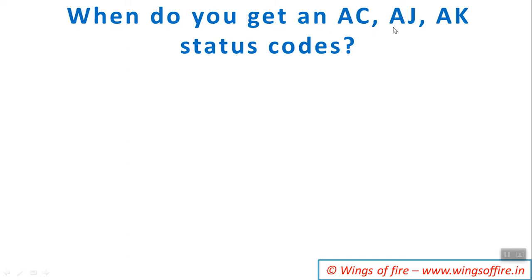When do you get an AC or AJ status code? When there's a problem in the SSA, you'll be getting AC or AJ. It could be because of the segment name, or because of the length of the segment. It should have proper length. For example, take a qualified SSA: the segment name should be 8 bytes, the field name should be 8 bytes, open bracket, relational operator, everything should be properly coded in a proper sequence.